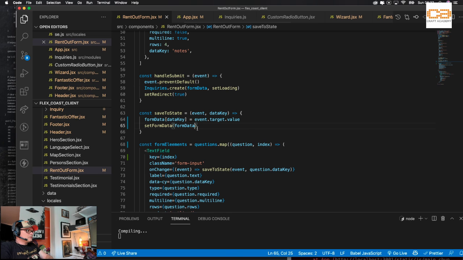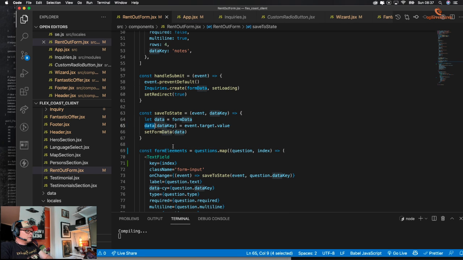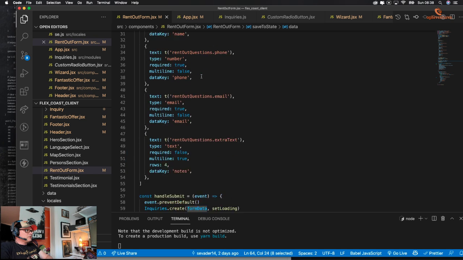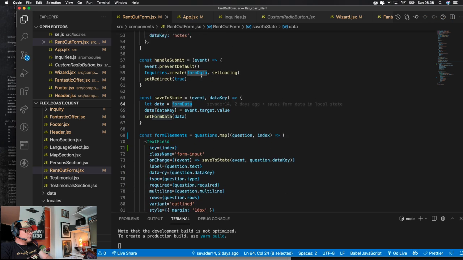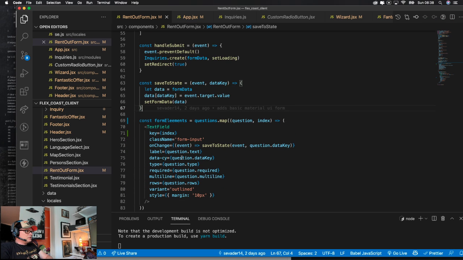No. Oh, okay, I can't do that. I need to keep it this way because form data is being set by this, right? So I can't modify it directly. Okay, cool. Let's see. Key in this